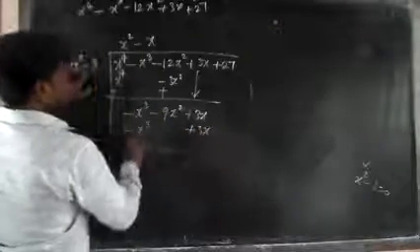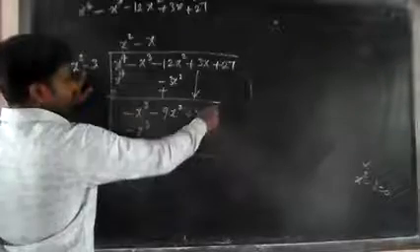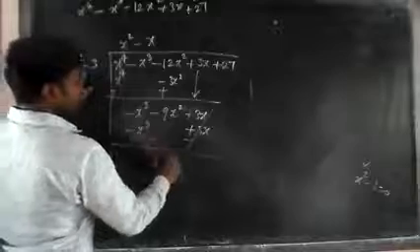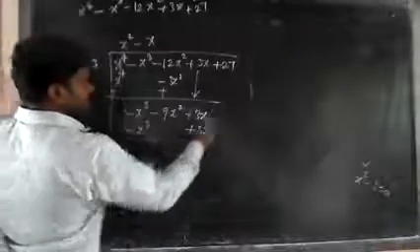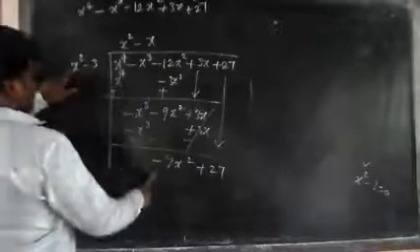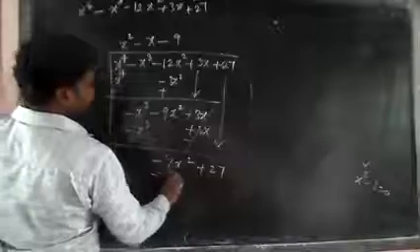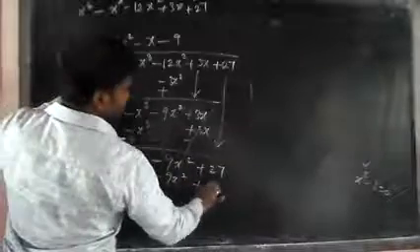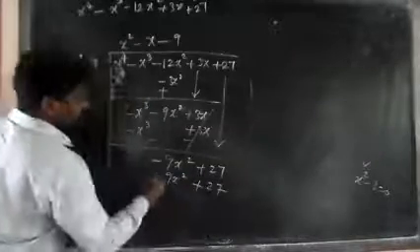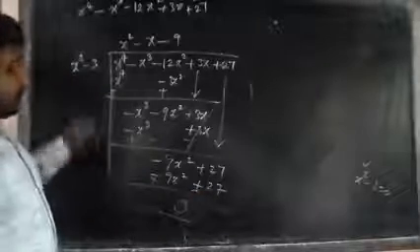We need to change the sign. This is minus. Here whatever it is, minus or plus doesn't matter. Here minus. This is cancelled. This also cancelled. Remaining is minus x square. Then what? Plus 27. Okay, x square minus 9 is there. So I am using minus 9. Minus 9 into x square is minus 9x square. Minus into minus plus 27. Change the sign. This is plus, this is minus. So 0. Clear? Why is it 0?